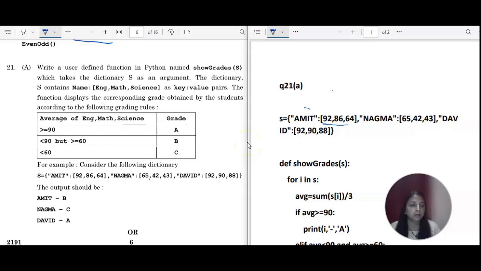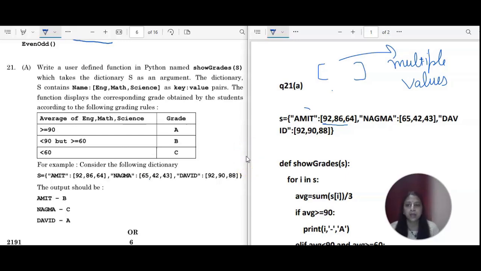How many values are attached to the key Amit? 3 values are attached, and you could see the brackets, which are the indication for a list. A list will help you to store multiple values, right? So Amit is connected with these 3 values, Nagma with these 3, and David with these 3, right?